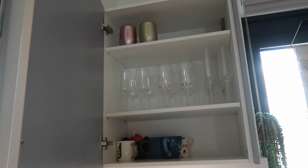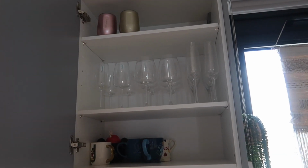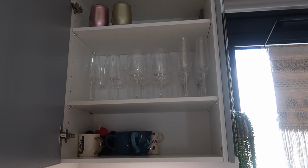And up here is where I'm currently storing glasses, mugs. Drinks glasses are currently in the dishwasher, and then I've got my travel mugs and stuff that go up there. So that's where I thought would be best, and actually I've changed my mind. And then down here